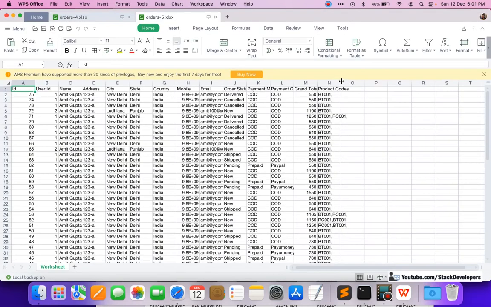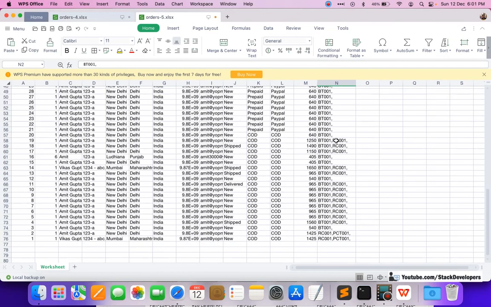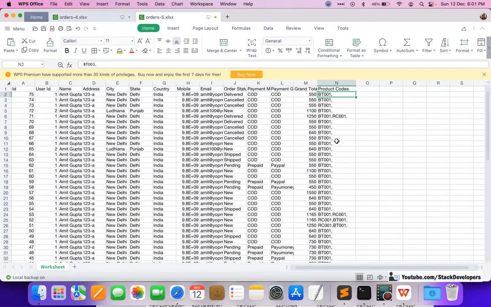Here you can see we are able to get the product codes in the last column. And if the customer has purchased two items, then we are able to display both the items here. Otherwise only one item will get displayed. Like this we are able to export the ordered products that the customer purchased. We can show more information here,